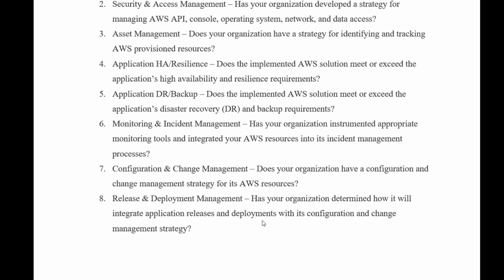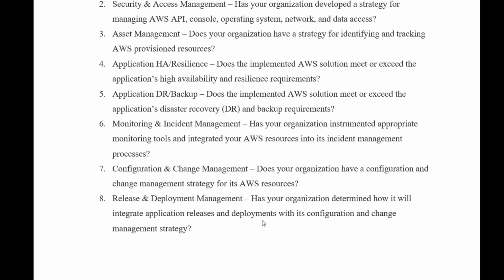So there should be a process where, if someone wants to make any changes to that application or any configuration, there is a way to take approvals and keep records of the things done in those configurations. So there should be a strategy for AWS resources to track configuration and change management as well.